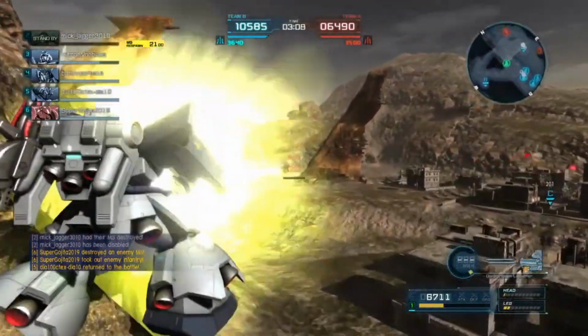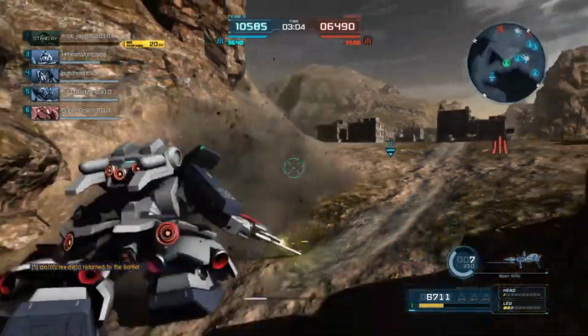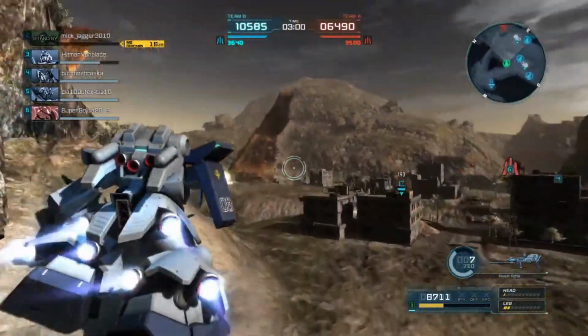Maybe push with your team. If your team gets a stun on somebody, maybe wait for a dodge roll, then you go in and start fucking people up. That'd be a great idea. So